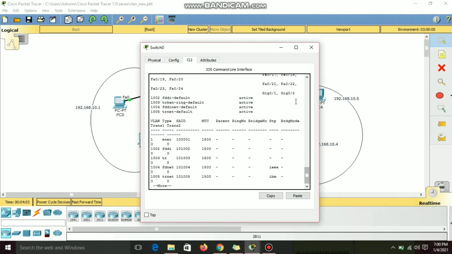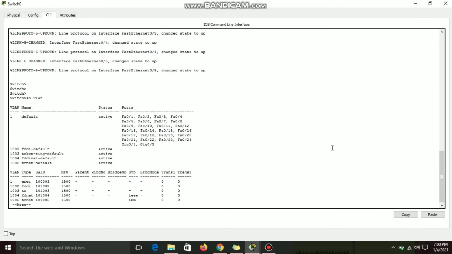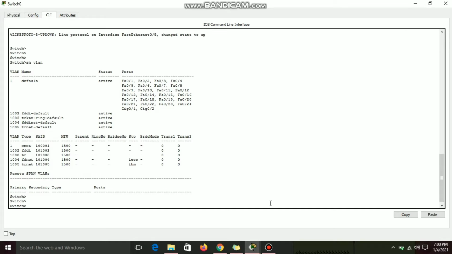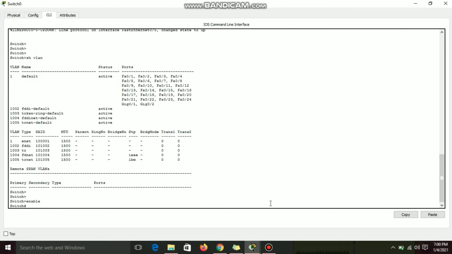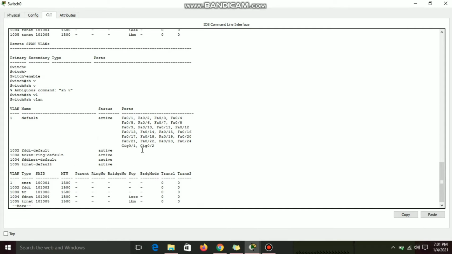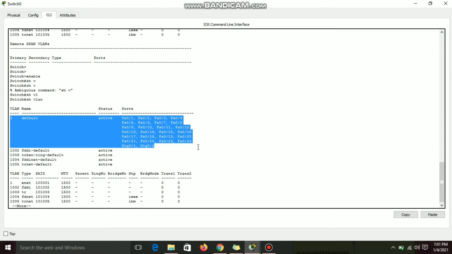So let's check that. We can check the VLAN status with the show VLAN command. So here you can see all the ports of the switch are under the same VLAN.